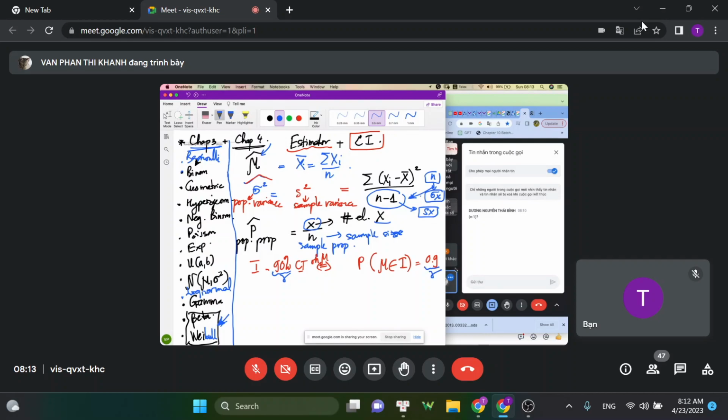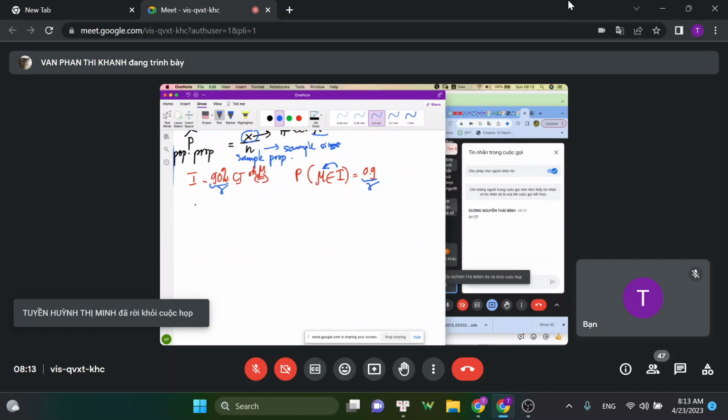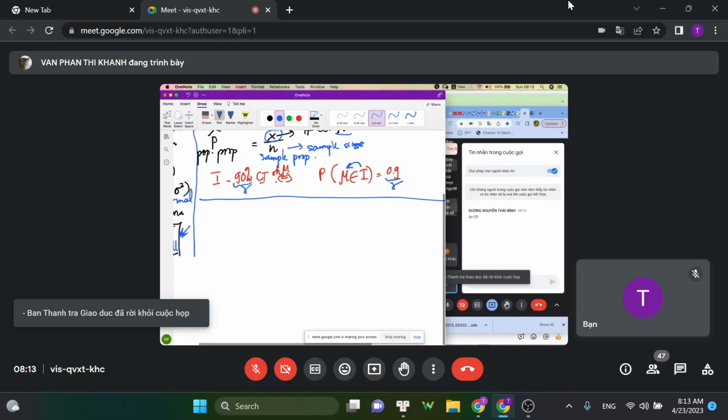Or you can say that in 100 intervals, using this kind of sampling technique, if we have 90%, this means that on average 90 intervals will contain mu, right? So the probability that mu belongs to this interval is 90%. And we consider four cases already, right? Four cases. The first one,